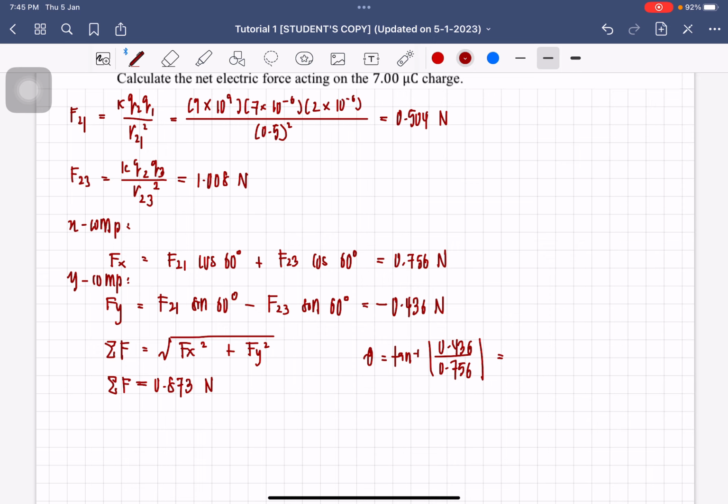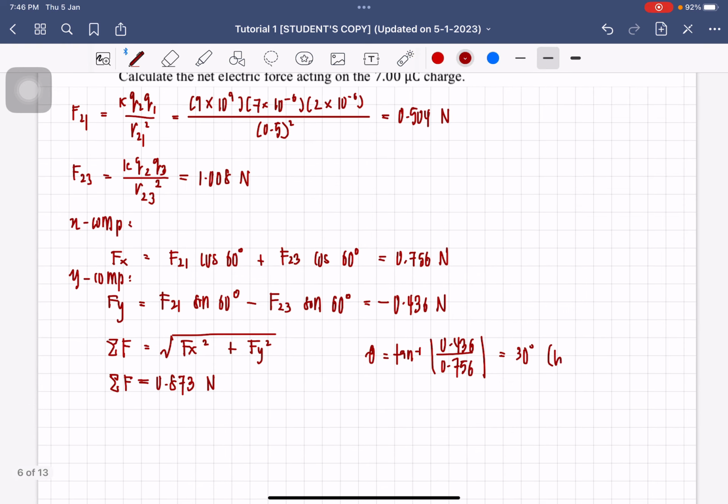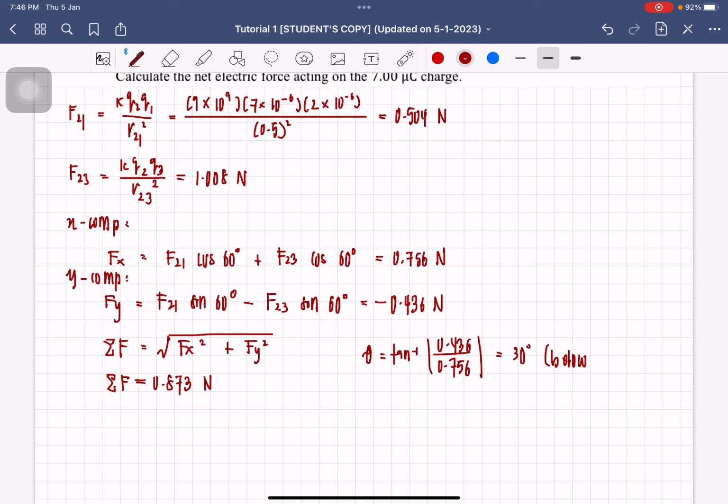So this is going to be 30 degree, and since the y component is negative, which is pointing downwards, and the x component is positive, this is below the positive